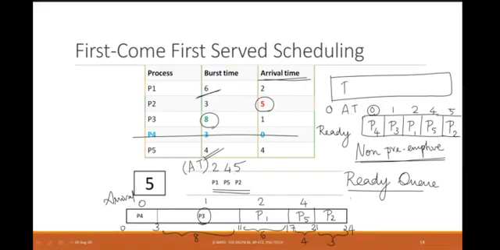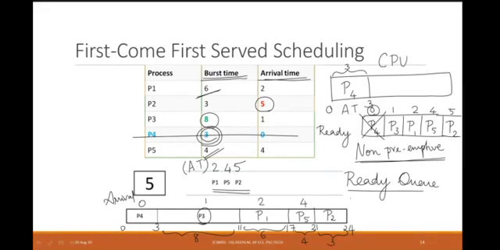So I am going to give this P4 onto my CPU. P4, how long will it spend in my CPU? That is given by my burst time. So 3 seconds or 3 whatever it is. So until 3 it is going to spend in my CPU. So for 3 time units P4 will spend. What is the next process? Once it is dispatched onto the CPU, it will go off from the ready queue.